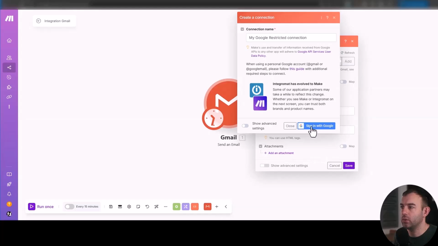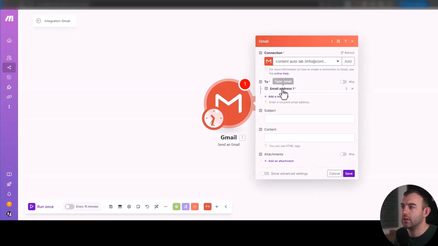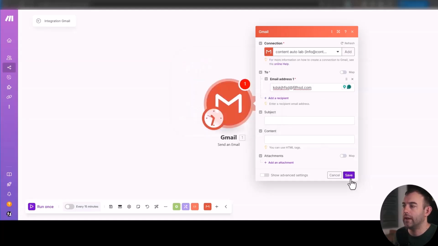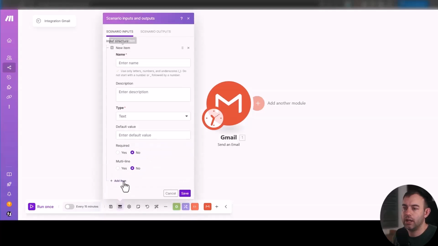This is very simple. You just log in with your Google. I'm not going to go through that, and you need to have an email address that you want to send it to. For now, just hard code any email. We're going to change it in a second and just click save. Now, for the email, you want to have the email address you're sending it to, the recipient email, you want to have a subject and you want to have a body of the email. So remember those three. You want to press save and go to scenario inputs, and you want to just add,